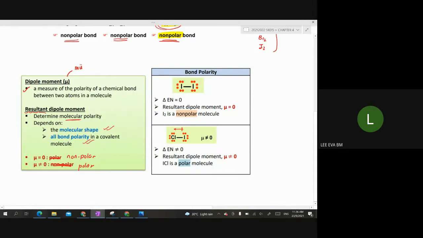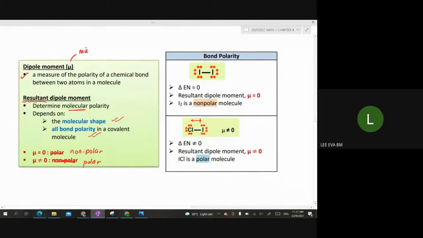Sama dengan kosong, dia non-polar. Kalau bukan kosong, maksudnya ada value, dia adalah polar. Okay, so make a corrections over here. Okay. Dah semua betul kan? Dah betul kah belum? Dah. Yang ini sangat penting dekat sini. Pastikan awak semua buat correction. Mu equals to 0, non-polar. Mu not equal to 0